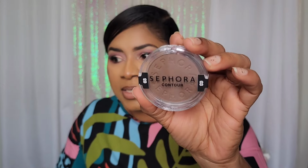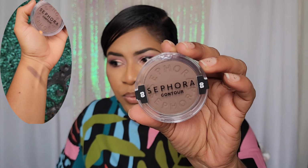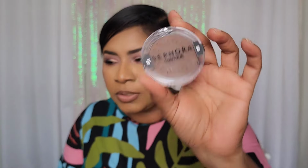I like the shade of it. This is shade 03 Medium to Tan, so I guess it's the same shade as the stick, and the gray tone of this looks really good for my skin tone. But then the other two products that I have on my face, so it includes the item that I said I did try before this video, and I also do have it on,